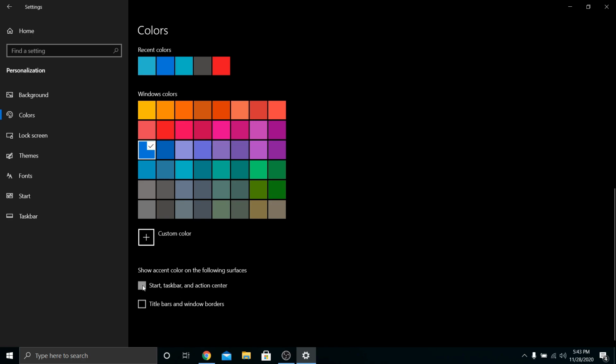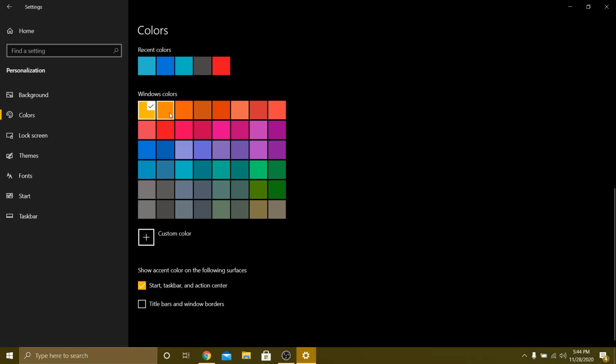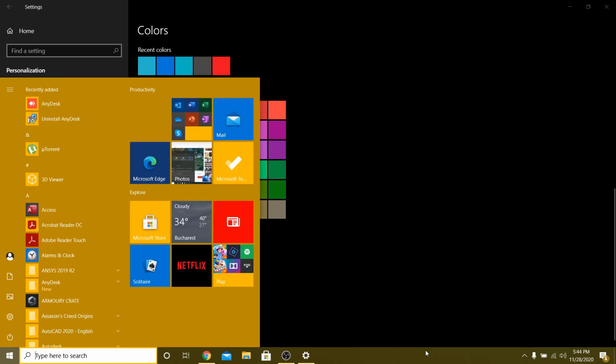If you click here, Start, taskbar, and Action Center, now the taskbar is blue because here we chose blue, but if we choose yellow, the taskbar will be yellow. Also here at Start,